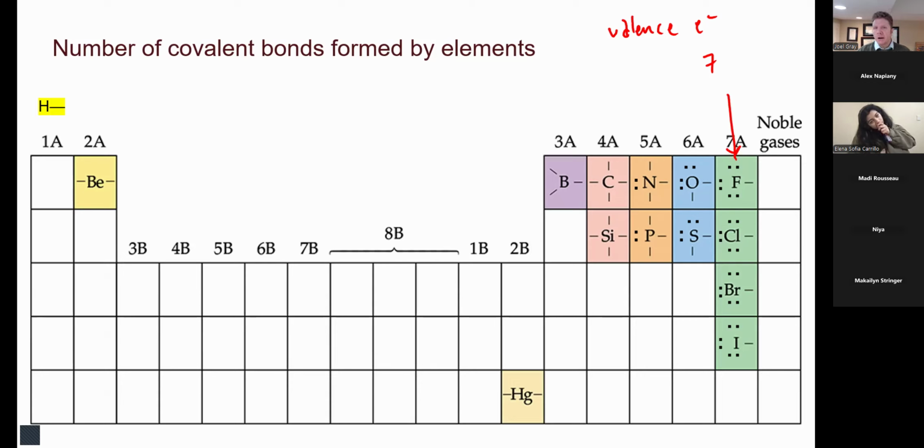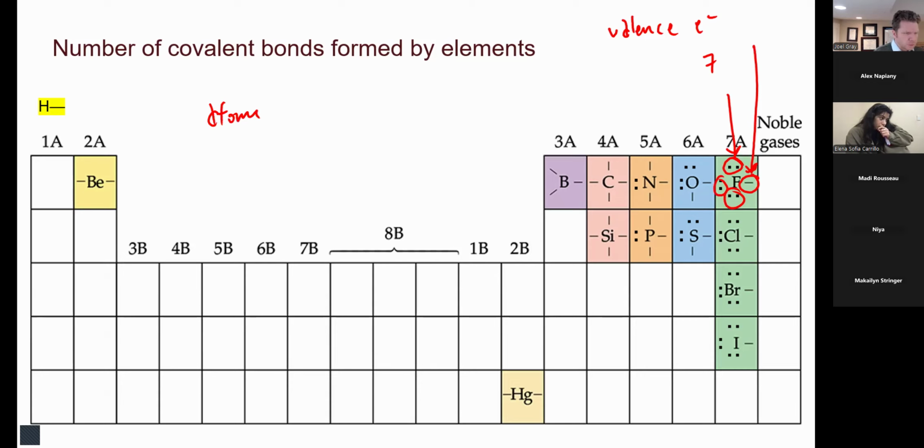But if it shares one of its electrons and another atom shares an electron with it, now all of a sudden it has a shared pair of electrons. How many electrons does this shared pair represent? Shared pair. 2. A pair. You're absolutely right. So whenever we have a single bond, that represents 2 electrons: 2, 4, 6, 8. Okay, so now let me rephrase this and say an atom.